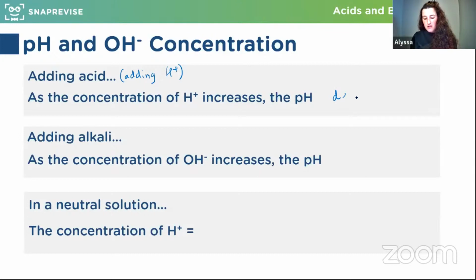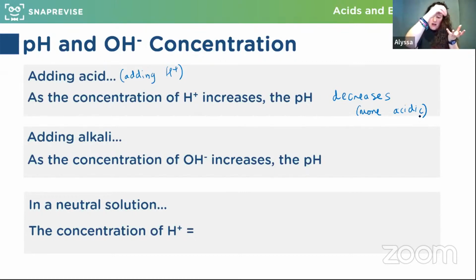Good. It decreases. So well done, those of you that are saying decreases. So it gets more acidic. It goes lower. The pH gets lower as it gets more acidic. Well done. And the same thing then, or think about it again, if I have a solution, but this time